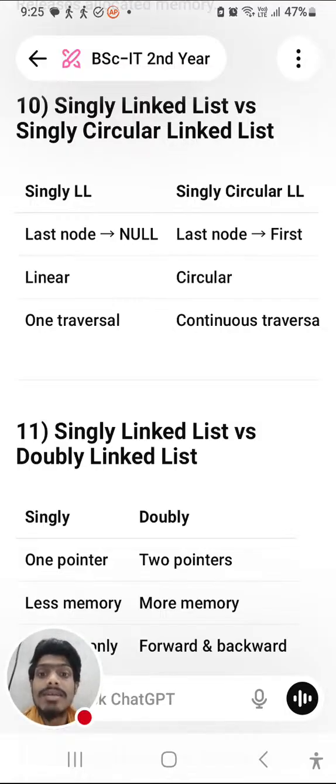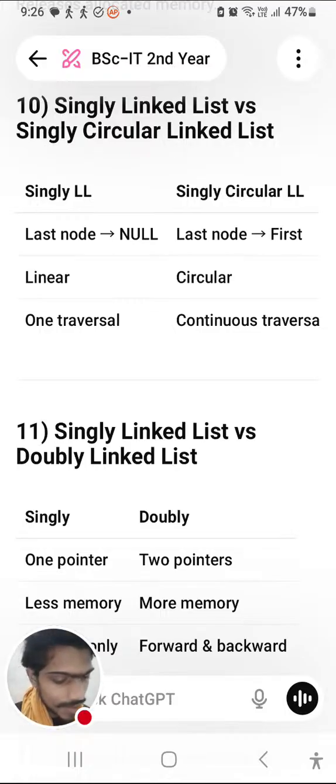So the same thing is said here, that in a singly linked list the last node will be null. In a singly circular linked list, the last node will contain the first node. Why? Because of how a singly circular list works,